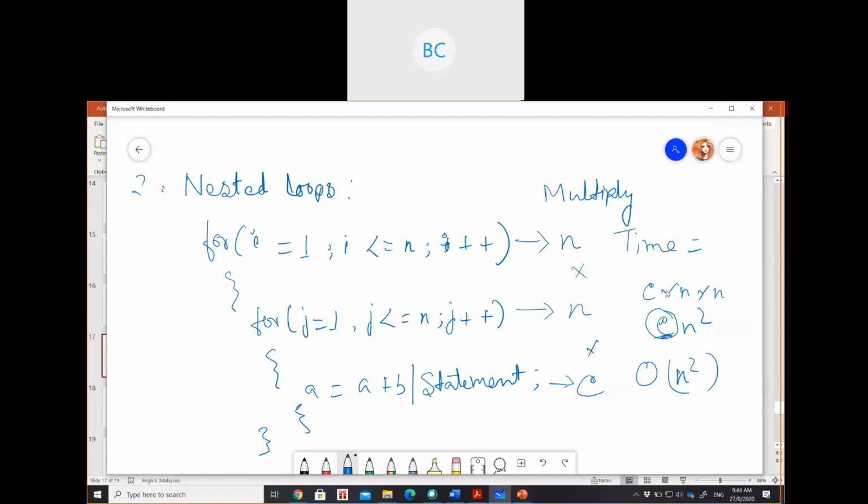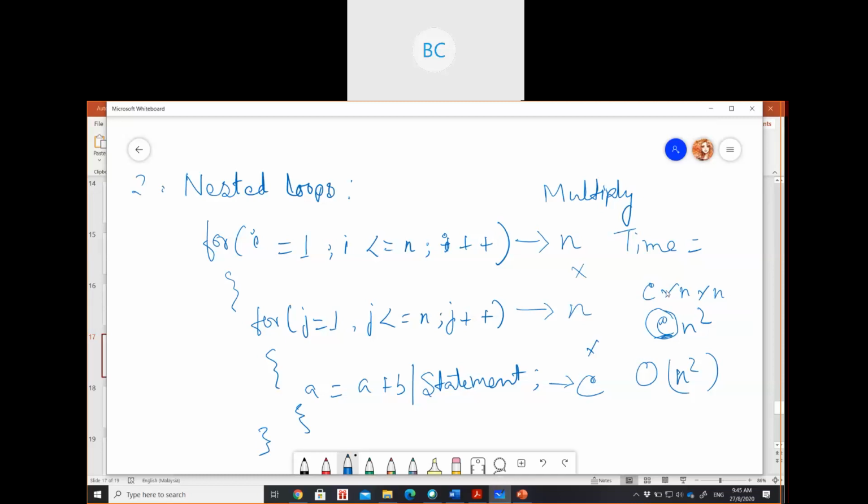So see here, you no need to worry about how many logical operations there are, how many assignment operations there are. You don't need to think about those 1 unit, 2 unit costs and all. Whenever you see a for loop inside any program, you will know that for loop will run for n number of times. So for a single for loop, the time complexity will be O(n).